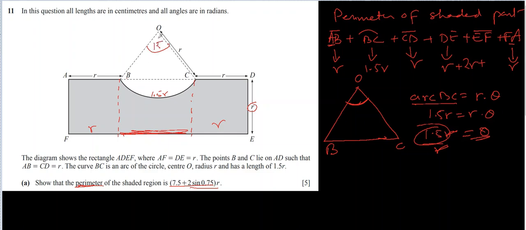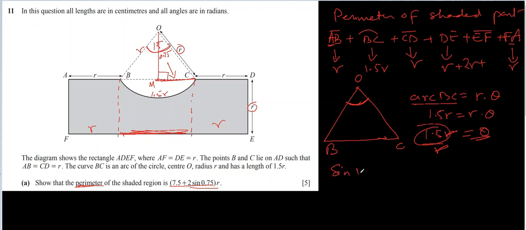And now we can find this length. How? We will divide it into half. Because it's an isosceles triangle, we know this is radius r, this will be radius r, so this becomes an isosceles triangle. If I halve it, I can use trigonometric ratios to find this. Let's call this one M. So if I find MC, I will double it to find BC. Alright. So if this is 1.5 radians, the half of it will be 0.75 radians, correct? And MC will be the opposite to 0.75. So sine theta we can use.